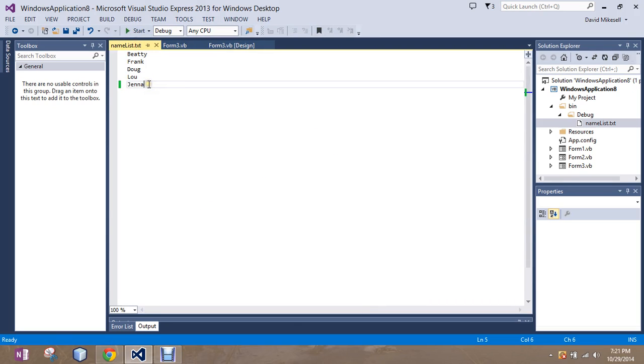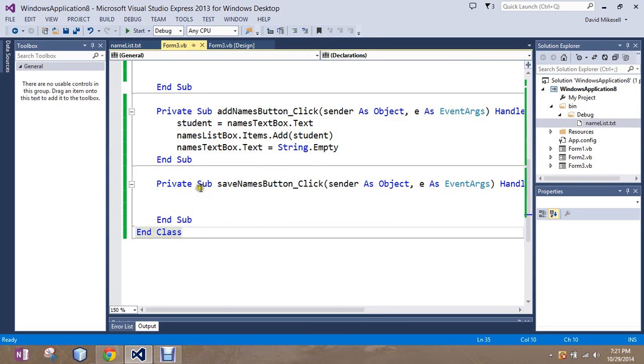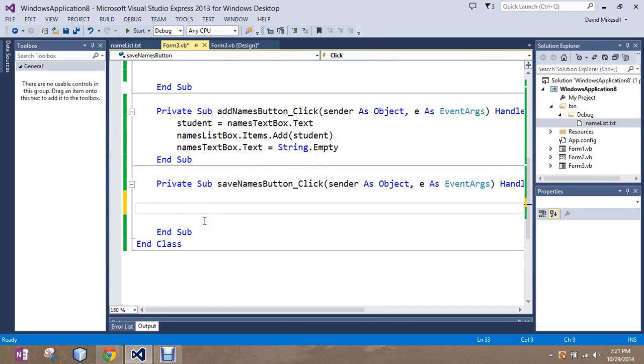I'm going to go ahead. There's the original text file, still missing the 3 names. Not sure how that happened, but that's okay. So we're going to create a dim, and we're going to call it an outFile, since we called the other one an inFile, as an